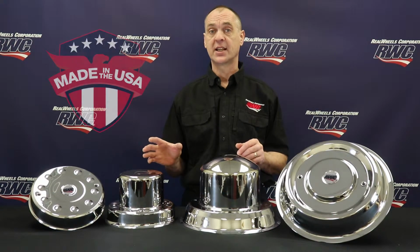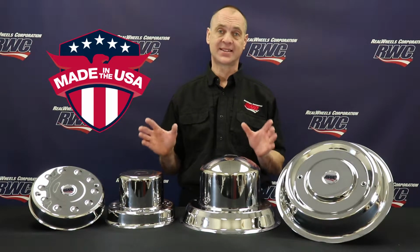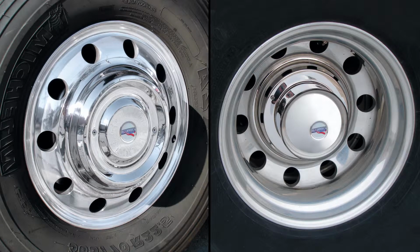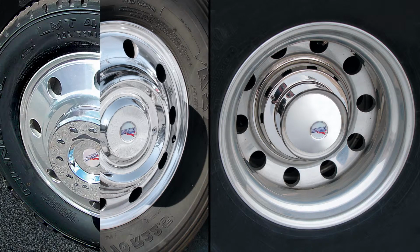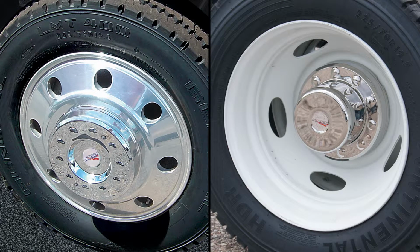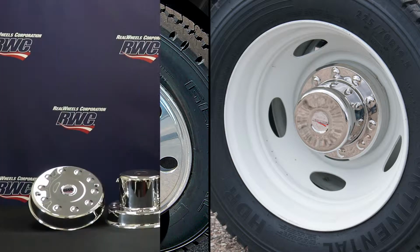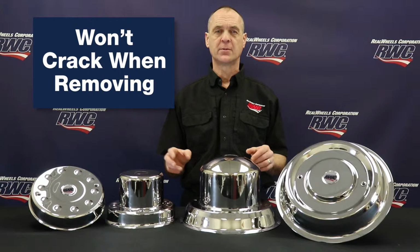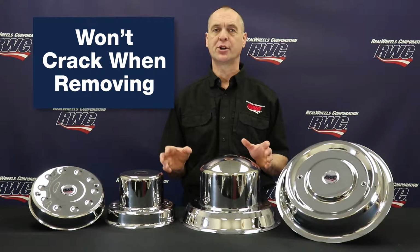In fact, RealWheels is the only American manufacturer of these stainless steel axle covers. By covering both the hub and lug nuts, these low-profile axle covers give your truck a streamlined appearance. And since there are no lug nuts to wash around, it's very easy to keep your wheels clean. Plus, because they are stainless steel, they won't crack when removing, which is a problem with the competitors' imported plastic